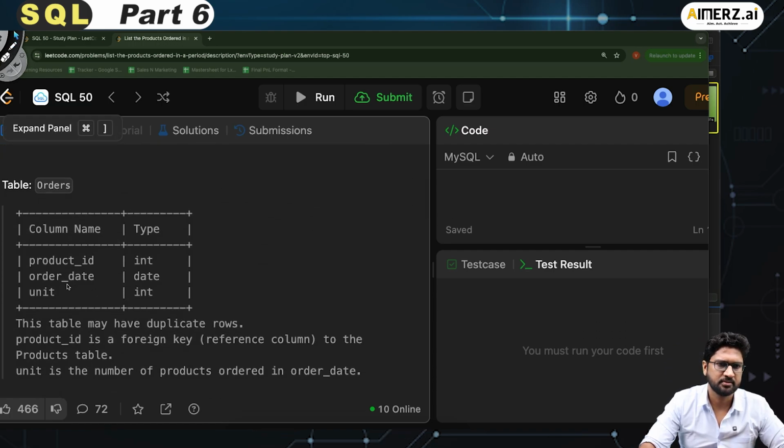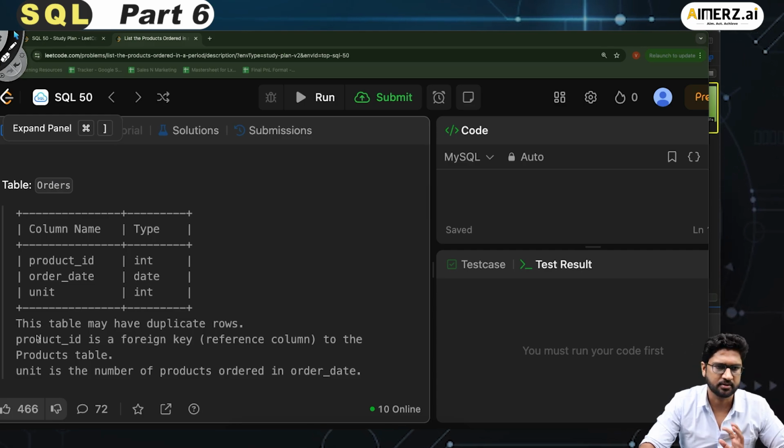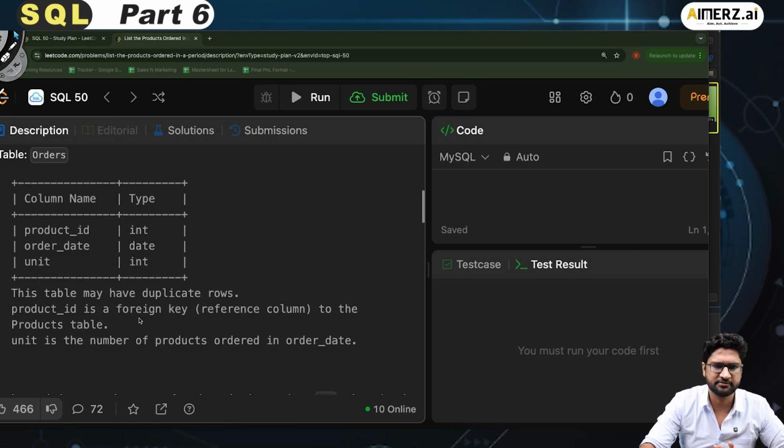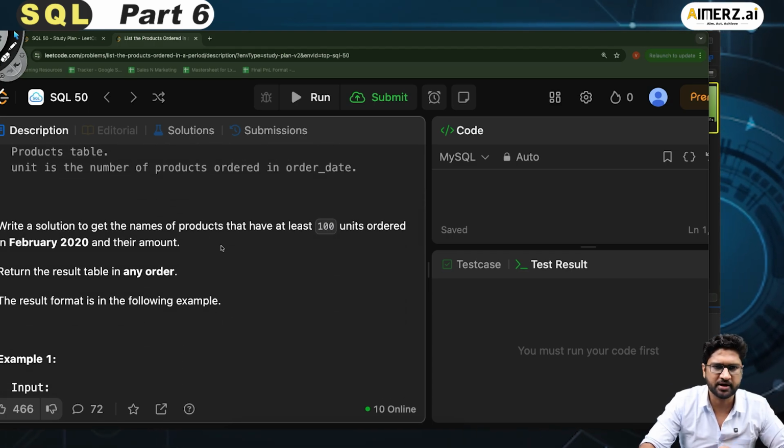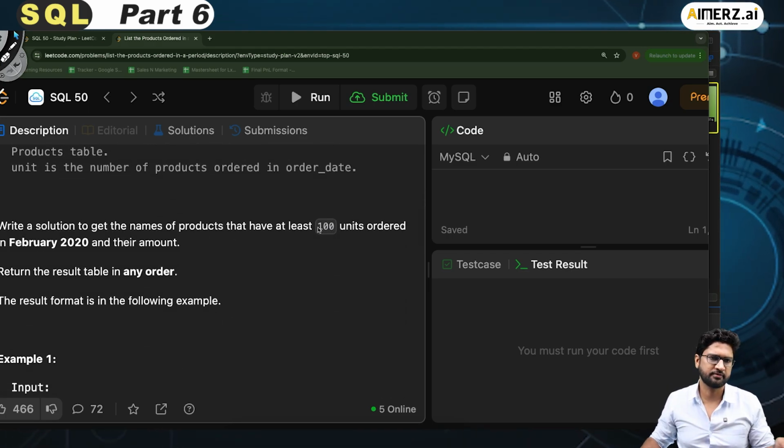Then I have the orders table: product_id, order_date, and unit. Okay, int, date, int. This table may have duplicate rows. Product_id is a foreign key to the products table. Unit is the number of products ordered on the order date. Write a solution to get the name of the products that have at least 100 units ordered in February 2020